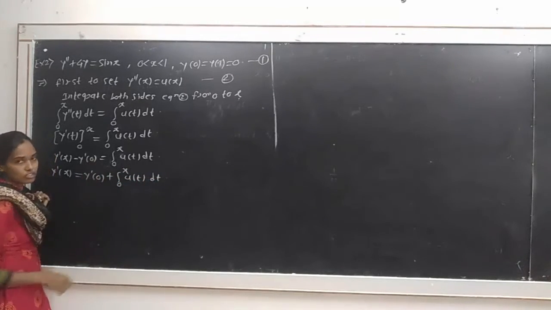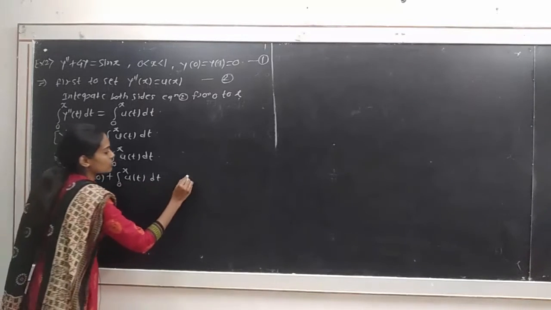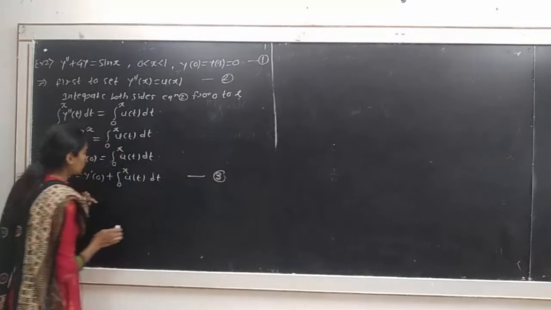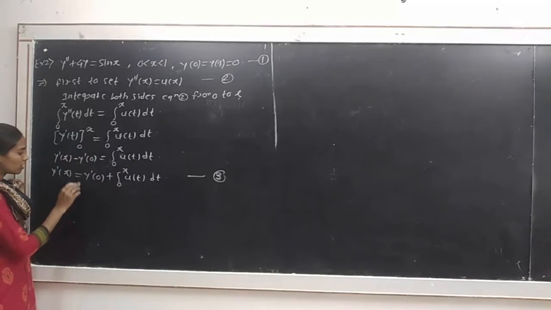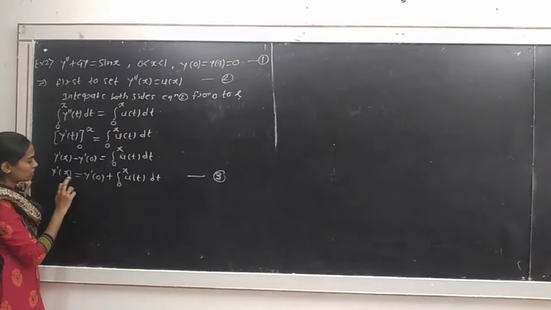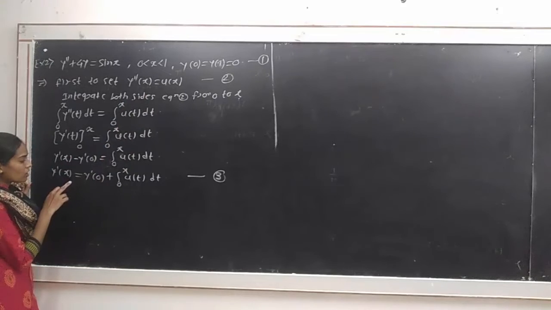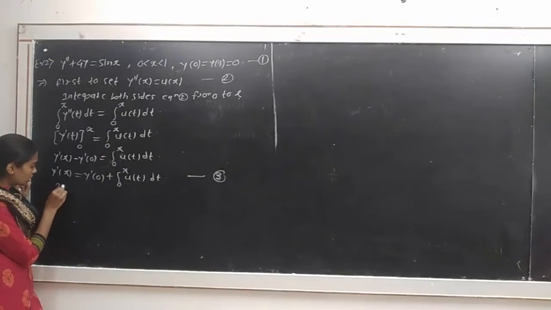Y dash of 0 is unknown. Then we take this as equation number 3. We have to find the value of y dash of 0 by using the given boundary condition. Here we get equation 3 by integrating equation 2, which is the Volterra integro-differential equation. Then again we integrate